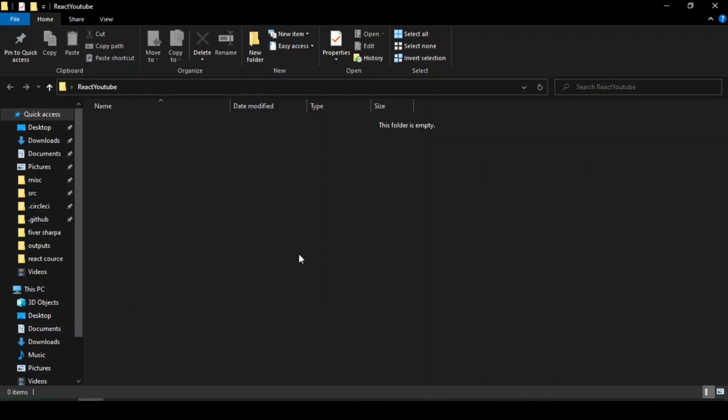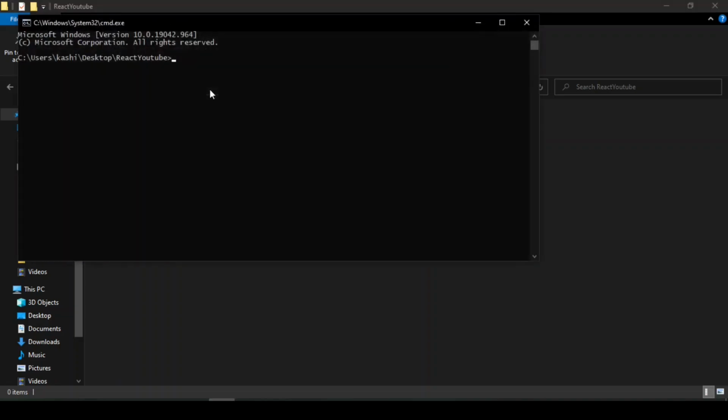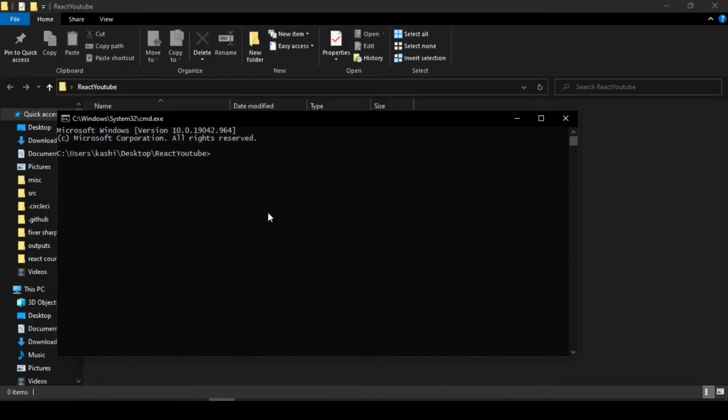As this is going to be a Hello World app in React.js, I have created an empty folder right here on my desktop, and I'm going to open up my terminal, this CMD or command prompt, whatever you call this thing. And here you just have to hit a command